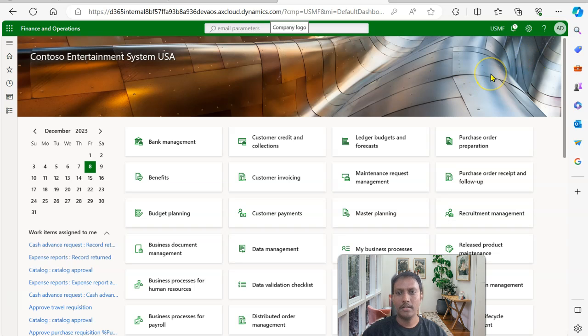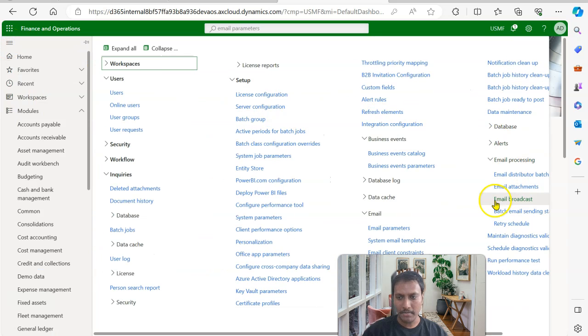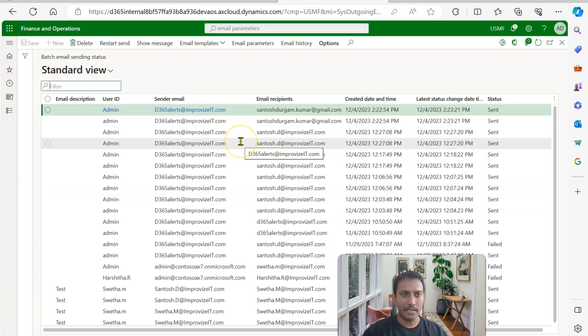Done. So this batch job is set. Now the other one that I was talking about is the batch email sending status. I'm going into this batch email sending status. So what is this? If I go to this batch email sending status,